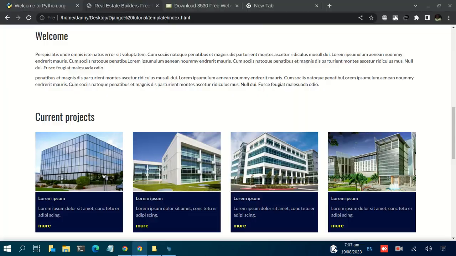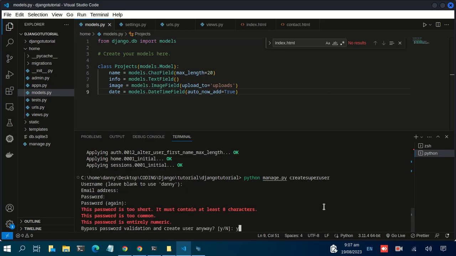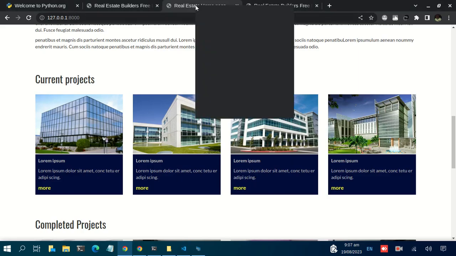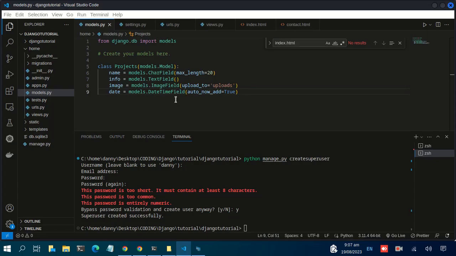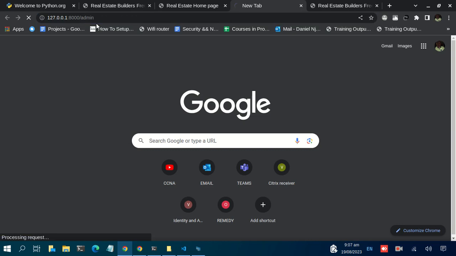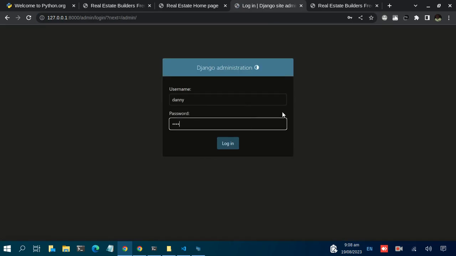Also, Django uses an ORM method whereby you just need to create some classes, and your database will be created and all the necessary tables. So once you define some classes and then do some